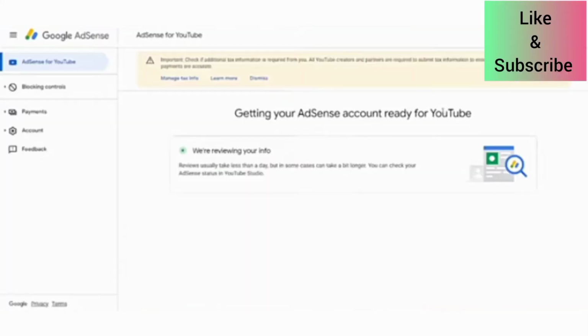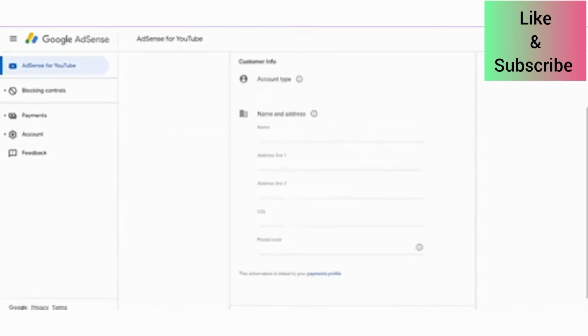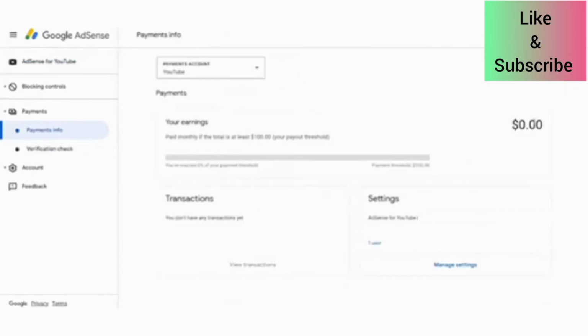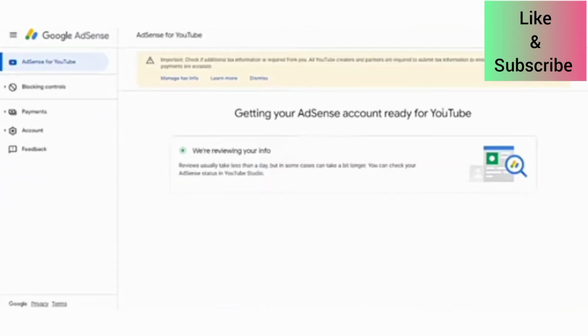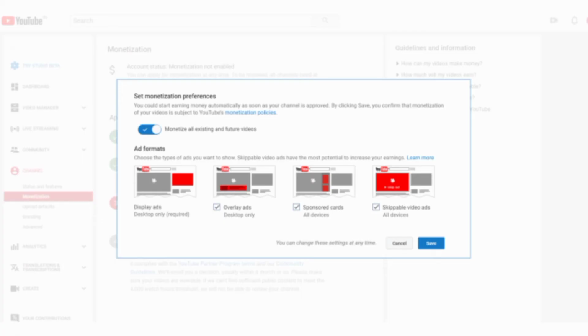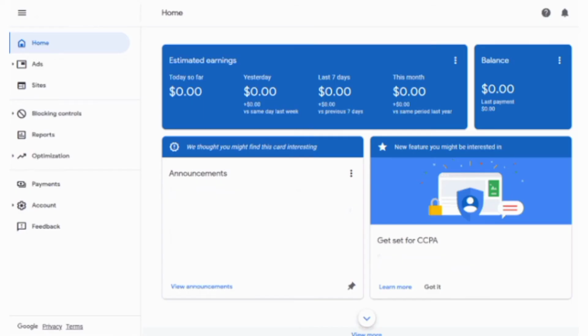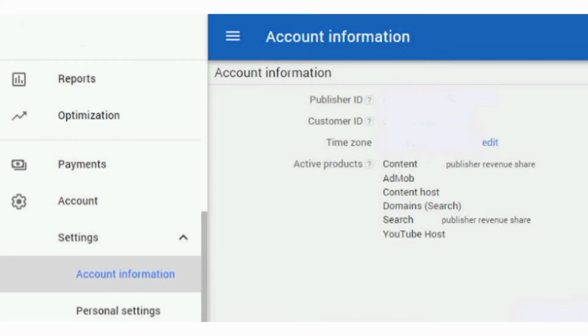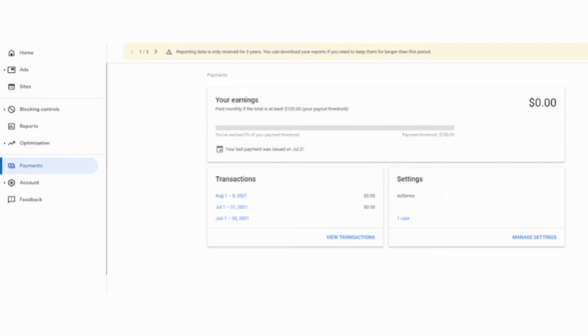to AdSense. And on your AdSense account, you need to provide and verify your personal and payment information, then allow AdSense to review your information. And after your application is approved, you can set and view how ads will appear on your videos. And on this left hand side, you can explore all these sections, including account and payments, where you need to make your settings accordingly. And to start receiving payments from AdSense, you need first to verify your AdSense account through